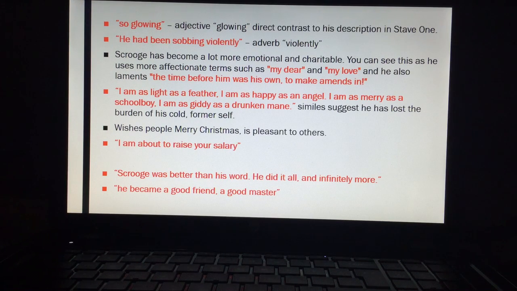And we get, I am as light as a feather, I am as happy as an angel, I am as merry as a schoolboy, I am as giddy as a drunken man. Now, there's a barrage of similes here by Dickens. Now, the first one I did revert to earlier. When it said in stave 1 that he carries his own low temperature, it's a contrast here, very subtly, but it is, to I am as light as a feather. Because the coldness he carries at the beginning is gone. It's as if the burden of his former self, the person